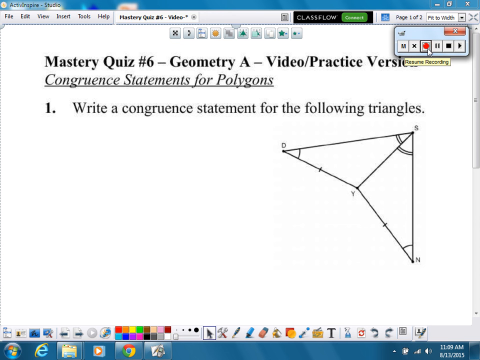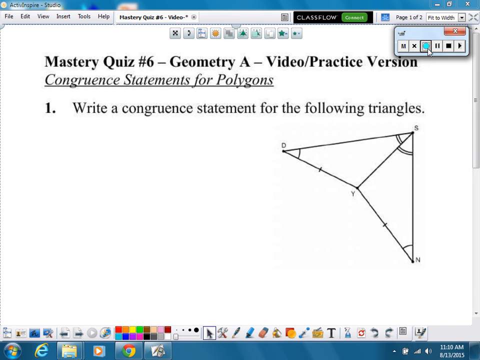All right, today's Mastery Quiz in Geometry, Mastery Quiz number 6, has to do with writing congruent statements. So what we need to do is look at the diagram and see if we can find some corresponding parts that are congruent. When I look at question number 1 here, it looks like I have two triangles, and the